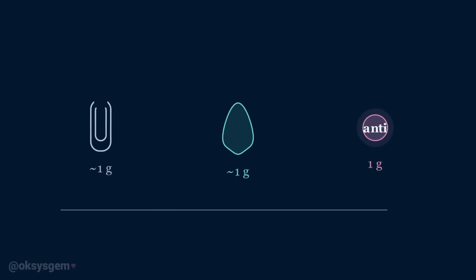1 gram sounds tiny. A paperclip can have a mass of around 1 gram. A small amount of water can have a mass of 1 gram. Normally, we do not associate objects of this size with enormous quantities of energy. But ordinary matter also contains that same amount of mass energy. The reason a paperclip does not release tens of kilotons of energy is that almost all of its mass remains